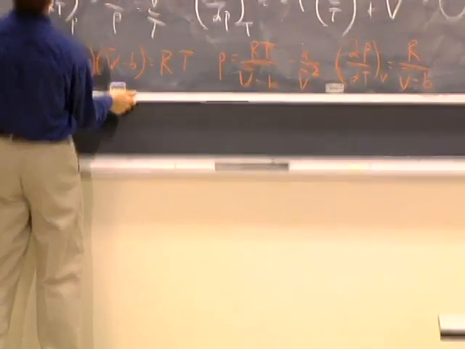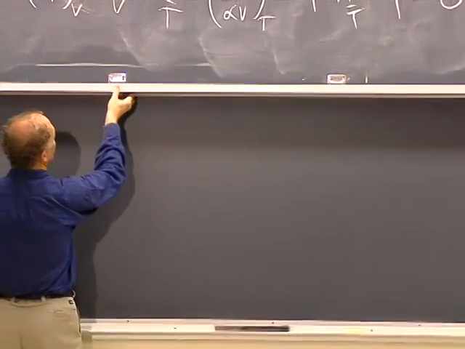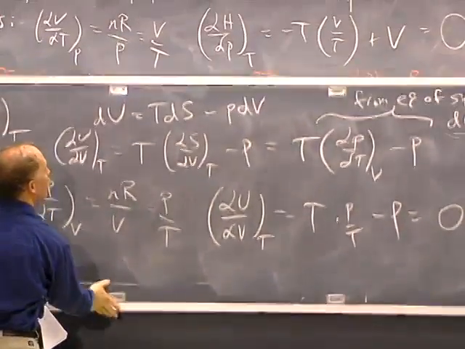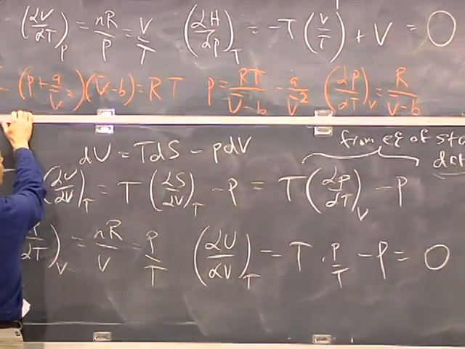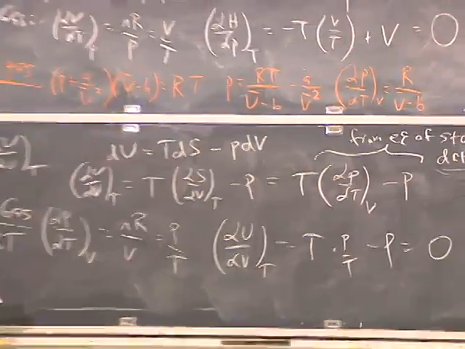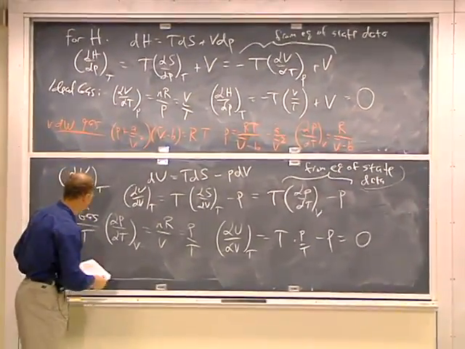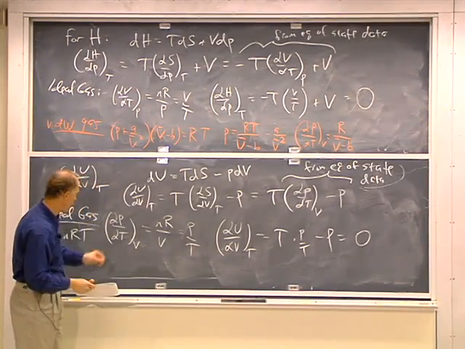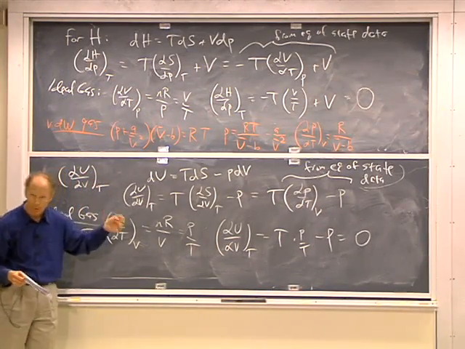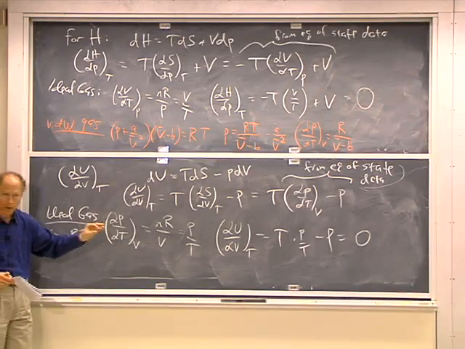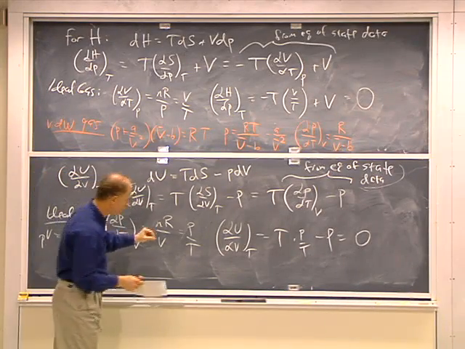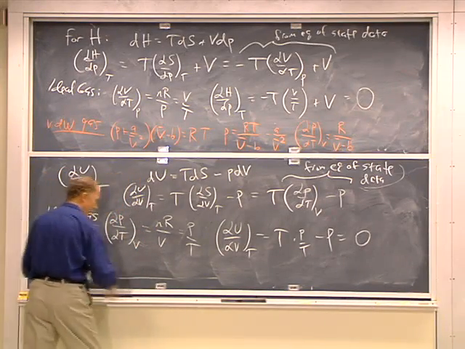Well, let's now look, given this, let's now look in that case at what happens to U as a function of V. For the ideal gas, we know that U is volume independent. It only depends on the temperature. But for the van der Waals gas,